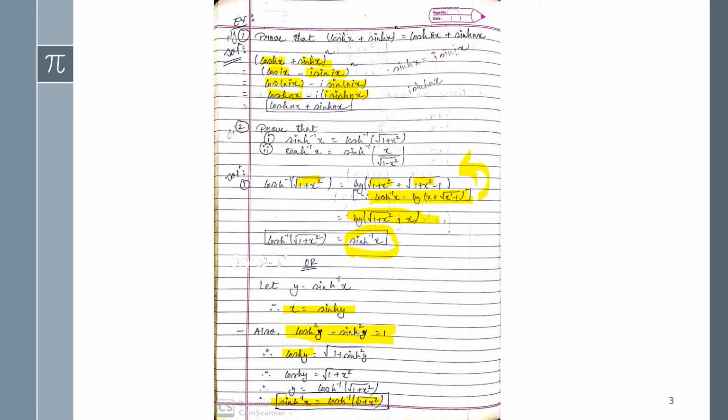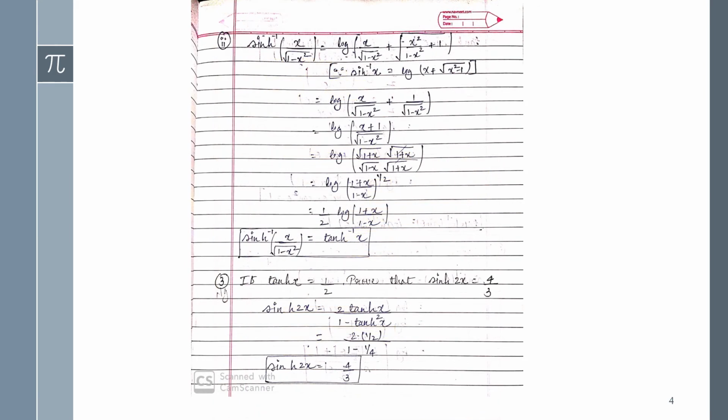So hope you all understood guys, and with the same procedure we will apply it to the second example, and the second is given as this one: tan h inverse of x equals sine h inverse of x upon under root 1 minus x square. Okay, so now I am solving this one. Okay, and here it's given, we are going with the same, going from LHS to RHS. So sine h inverse x upon under root 1 minus x square.